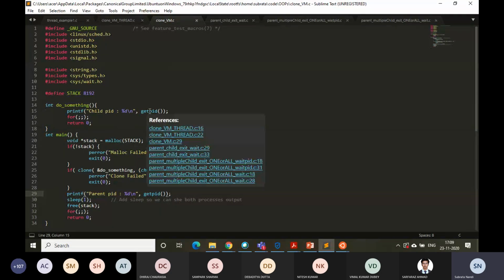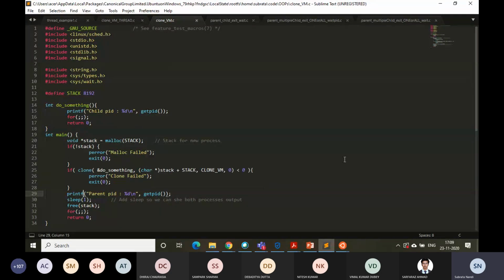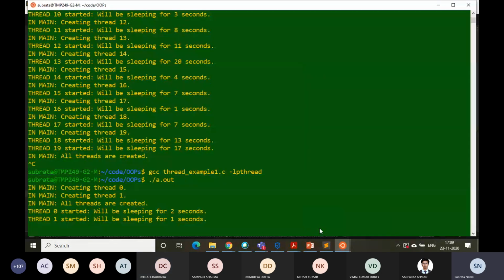But this get PID in the line number 15, which PID do you expect it will be showing? So the clone process, child process. And because clone is expected to create a separate child which is independent, what we expect here, should they be same or different? What do you expect? Do you expect both to be the same? No, sir. They should not be the same. Let's see how it works. Okay,